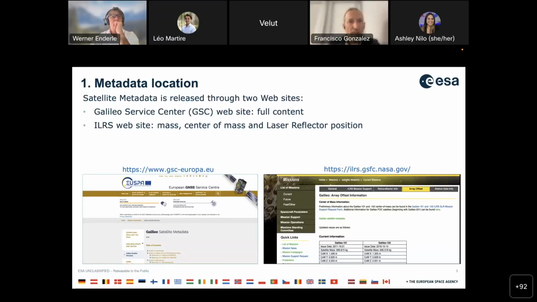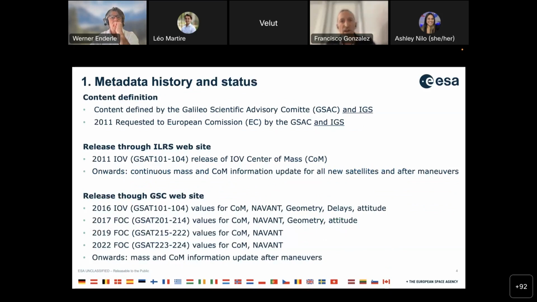Then what is the history of this information and where it's coming from? The content definition is coming from the scientific community through the Galileo Scientific Advisory Committee and IGS. IGS in 2011 requested from the European Commission a subset of information that was needed for PLD. Then this was acknowledged, and from 2011 started the distribution of the center of mass for IOB through the IRS